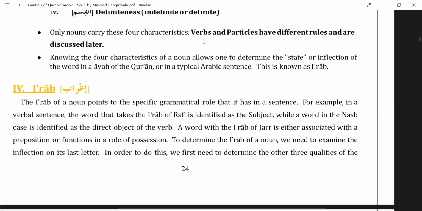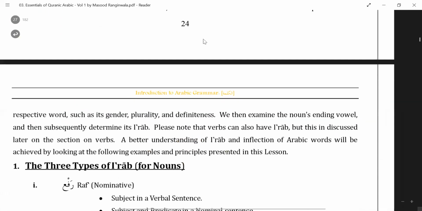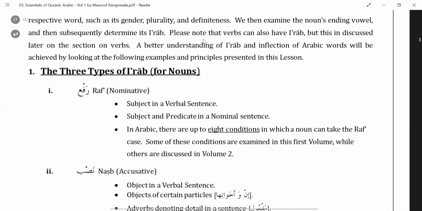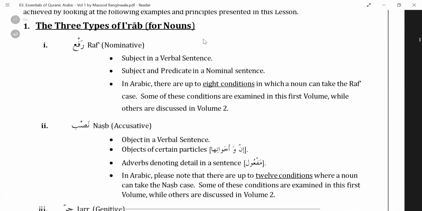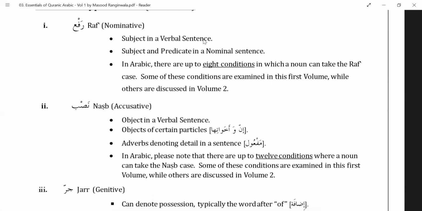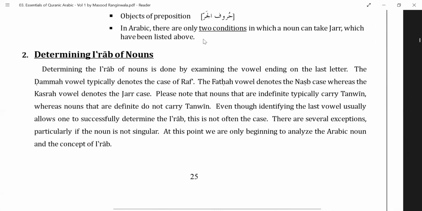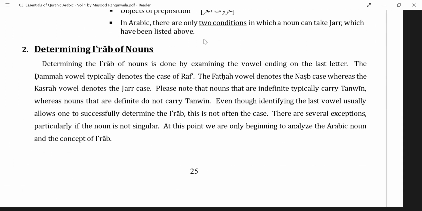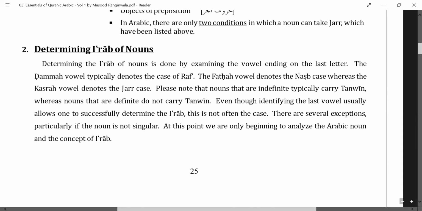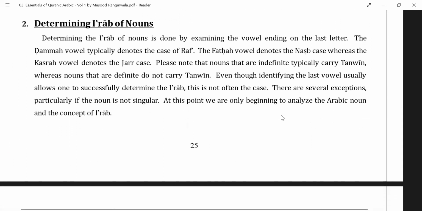So we started with Iraab. We came to know that Iraab means it shows you what role that word plays in a sentence. So there are 3 categories, as we just saw. An ism can either have the role of rafa or nasb or jar. How do you find that out? You look at the ending. The ending can be ending sound or ending combination. Ending sound meaning the vowel. We will look at that now in the coming few pages, that how do you identify what is the i'rab of a particular ism.